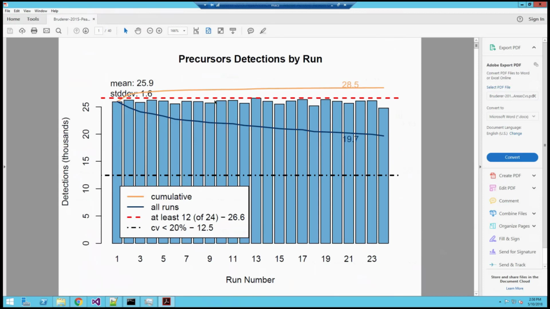And then you can see that we don't really have a false discovery rate problem, because as Ben showed, it stays pretty flat. And then as we go out here, we see that there's 19.7 thousand that are detected in all runs. This is the number that have CVs below 20%, but that was before I started doing normalization. And if you do normalization, that number goes up to about 17,000